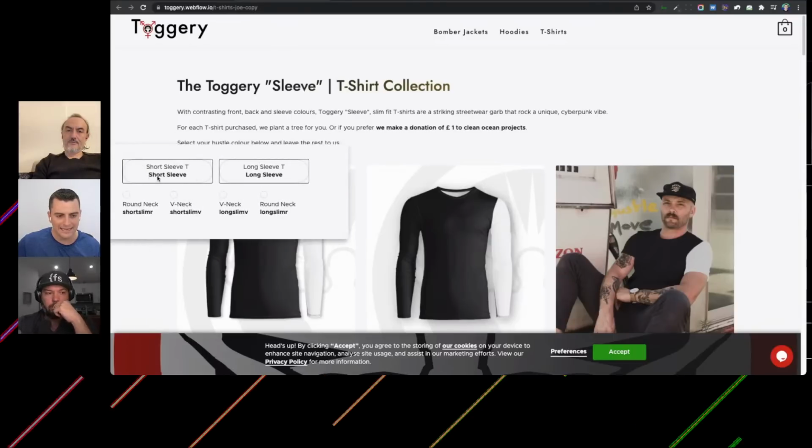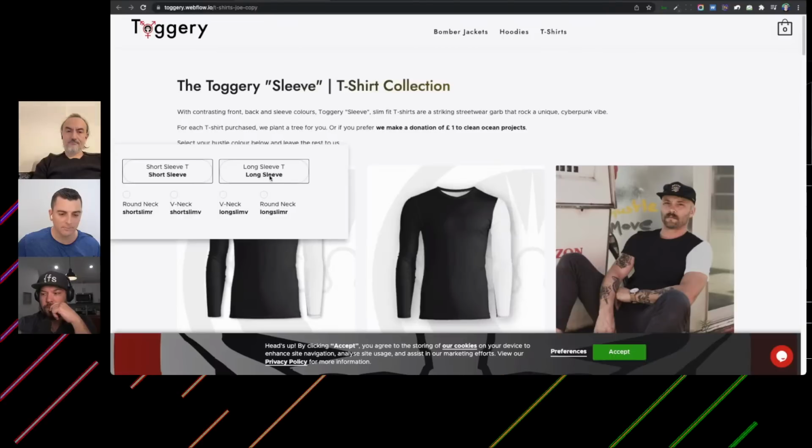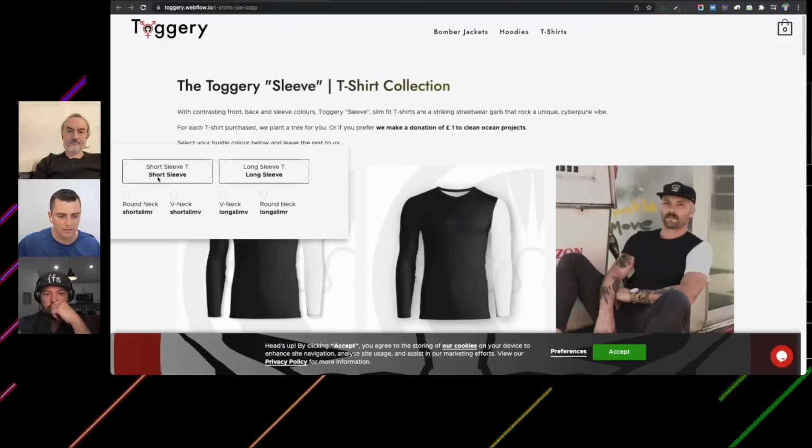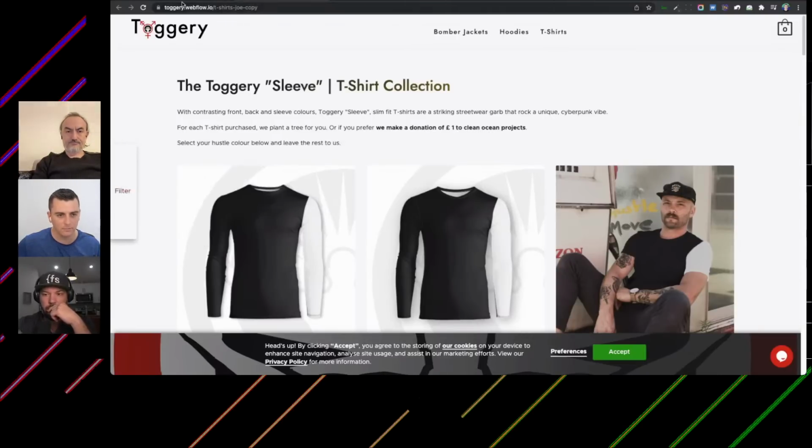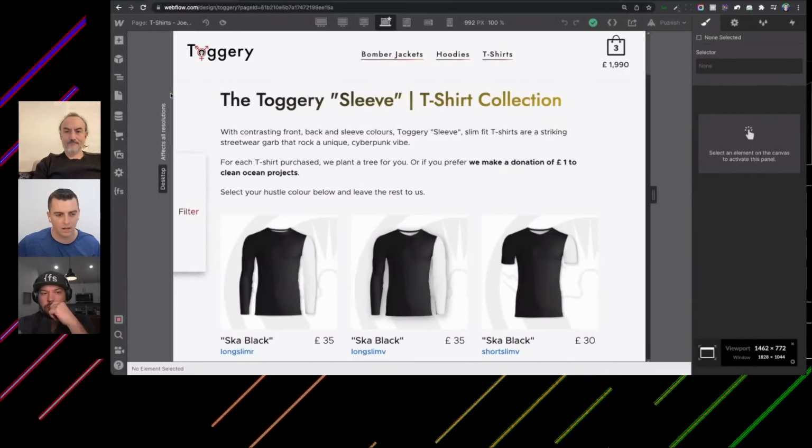We have hidden text. This is visible now, but this is going to be hidden text inside each of the checkboxes. You can see it's just a little bit different. Short sleeve T, but we need to search for short sleeve. Long sleeve T, we need to search for long sleeve. And then we have these codes down here. Great. So that's what we're going to build. I'm going to build it on